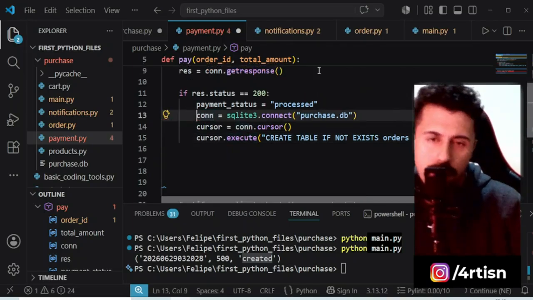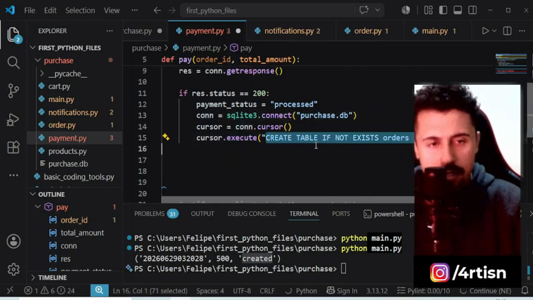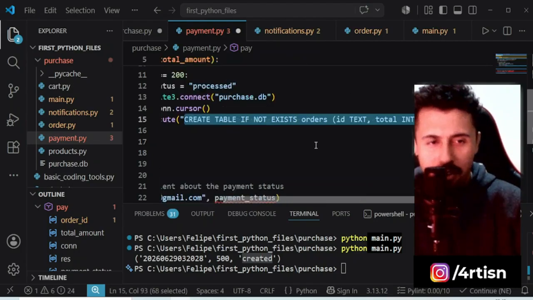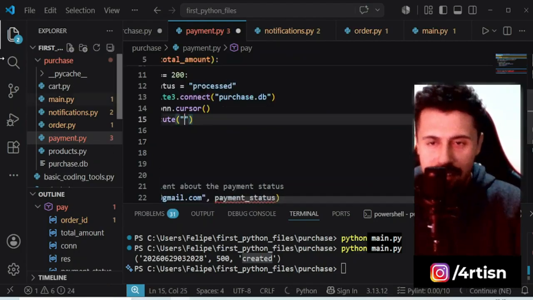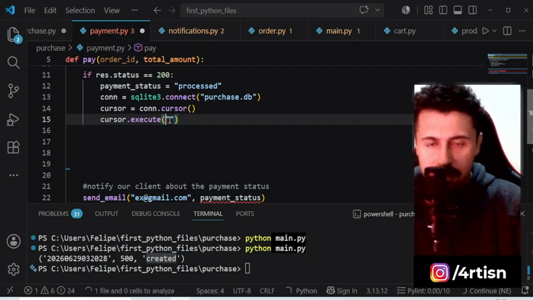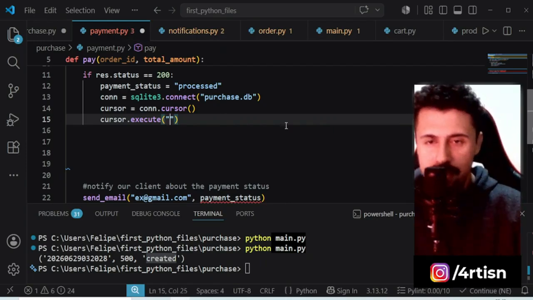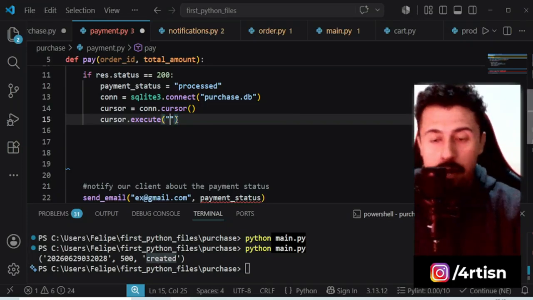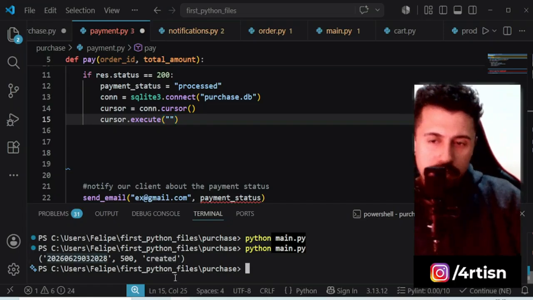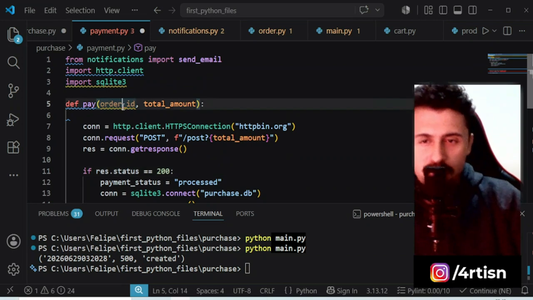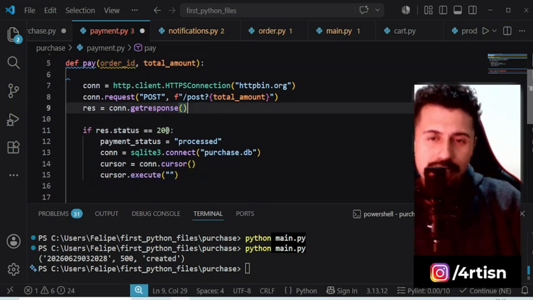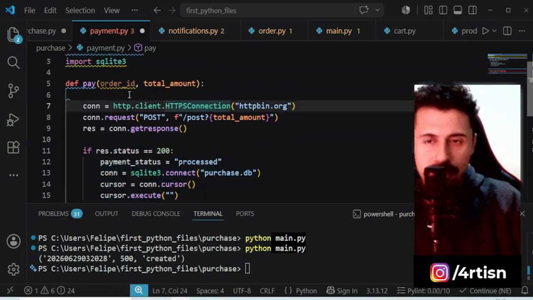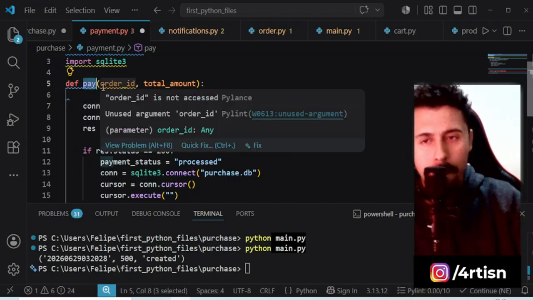Alright, but in this case the query is not going to be the create table operation. In this case, this query is going to be the update, and not only update, but update this specific order, right? Update the specific order that has been paid, right? That's why our pay function